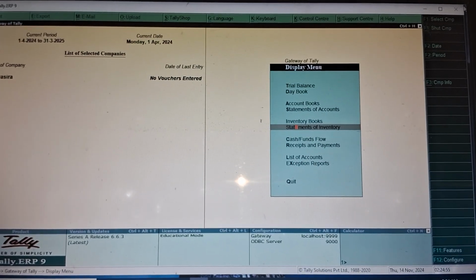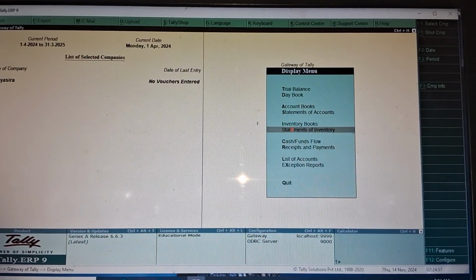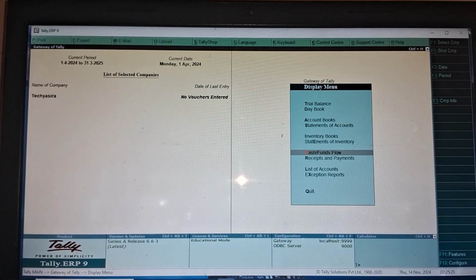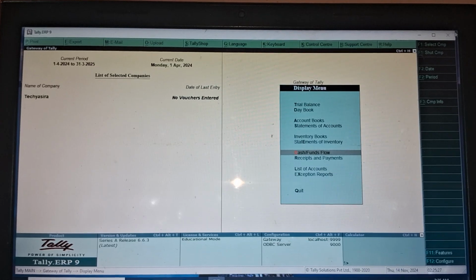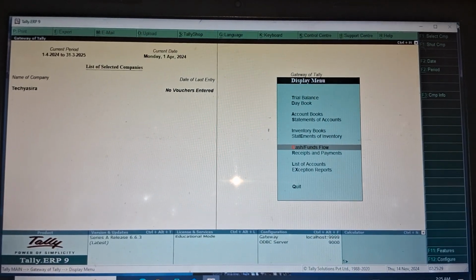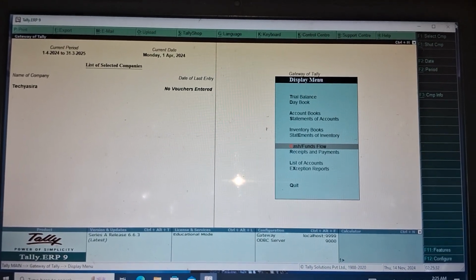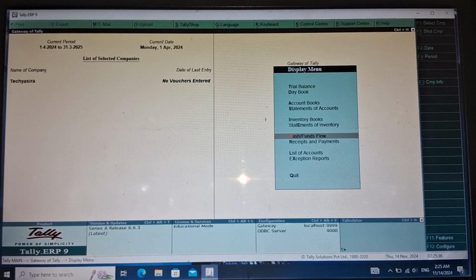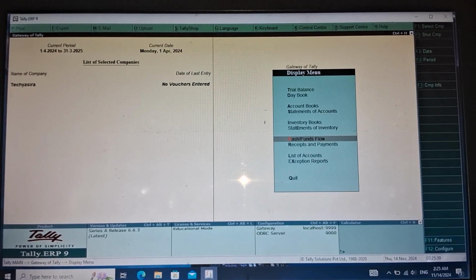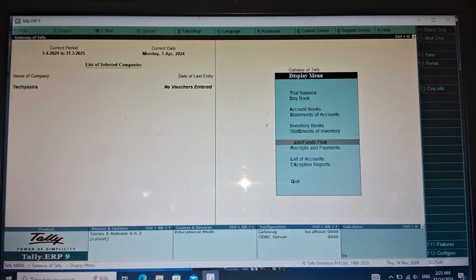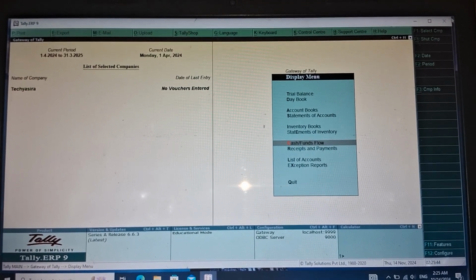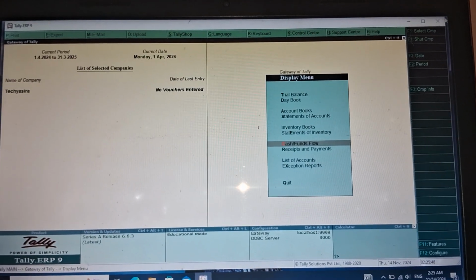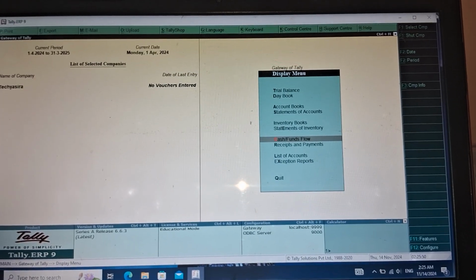So the next is Cash Flow and Fund Flow. Let me tell you what this is. It refers to money that goes in and out of a business. In a business, we give money and take money. In cash flow and fund flow, cash means money, and funds also. It's very simple. So the giving and taking process in a business is called cash flow or fund flow. Companies with a positive cash flow have more money coming in than they are spending.